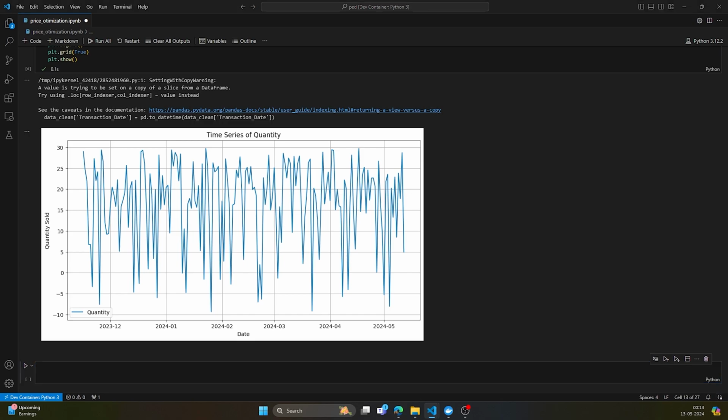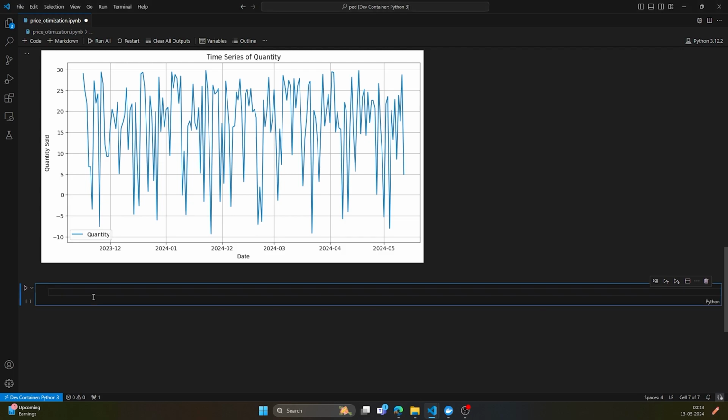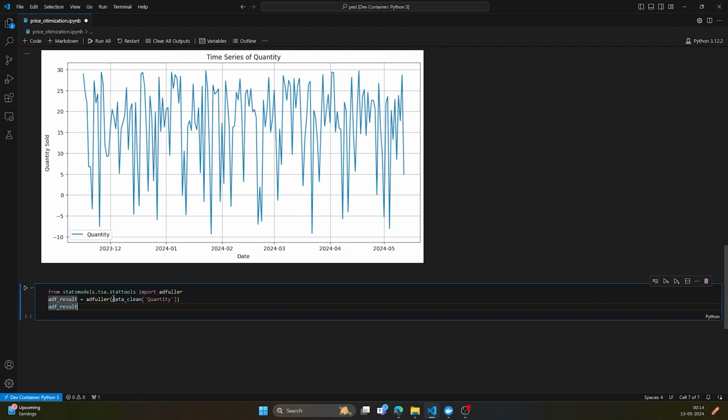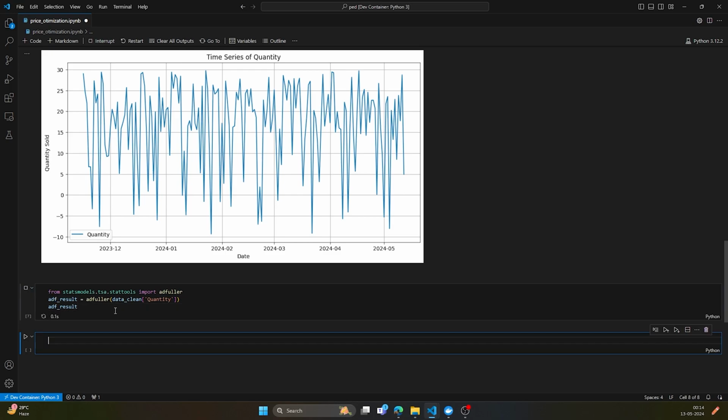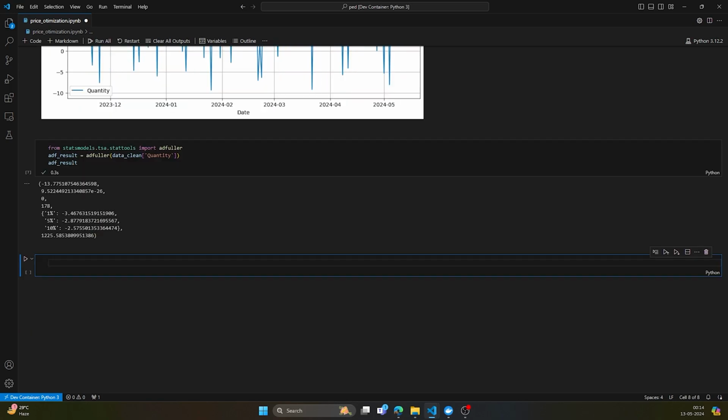It's very simple code actually. We need to have the statsmodels, and then we just need to pass this quantity series to this ADF function. Let's see. So from the test, what we get, the ADF statistic is minus 13.77. This value is significantly negative. A more negative value suggests stronger evidence against the null hypothesis, basically. Also, I can say there is a very, very small value for the p-value, which means we can straight away